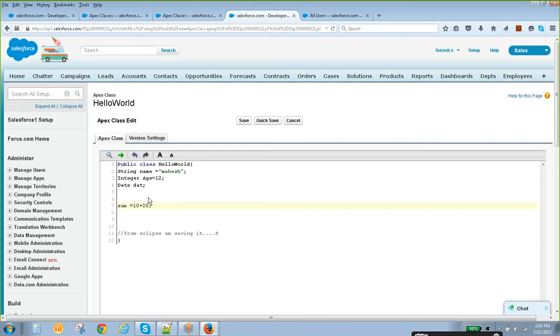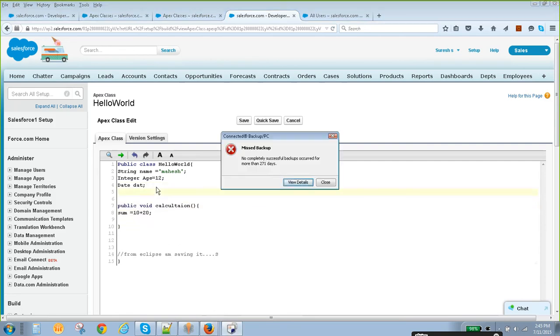We have to do all these kinds of business logic in a method. Public void, this is one simple method.